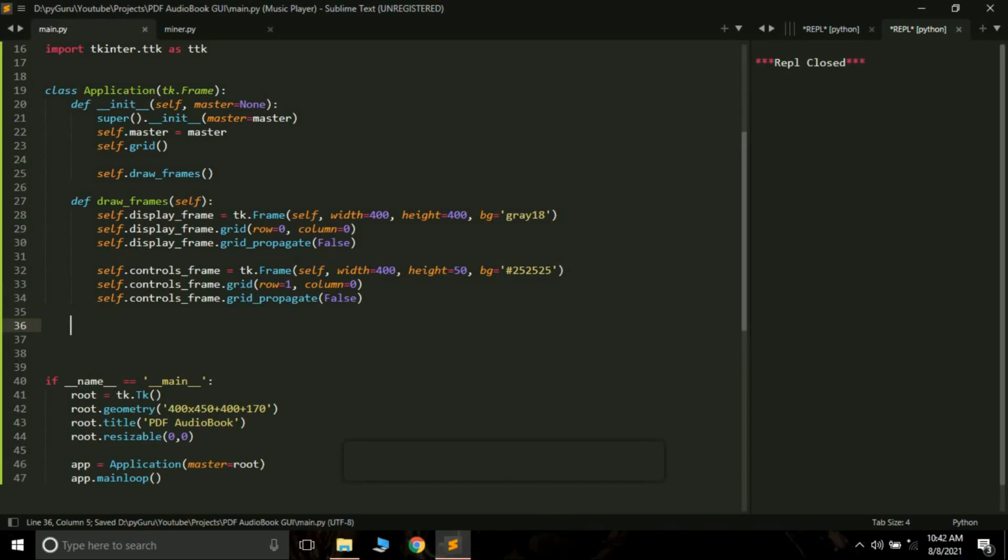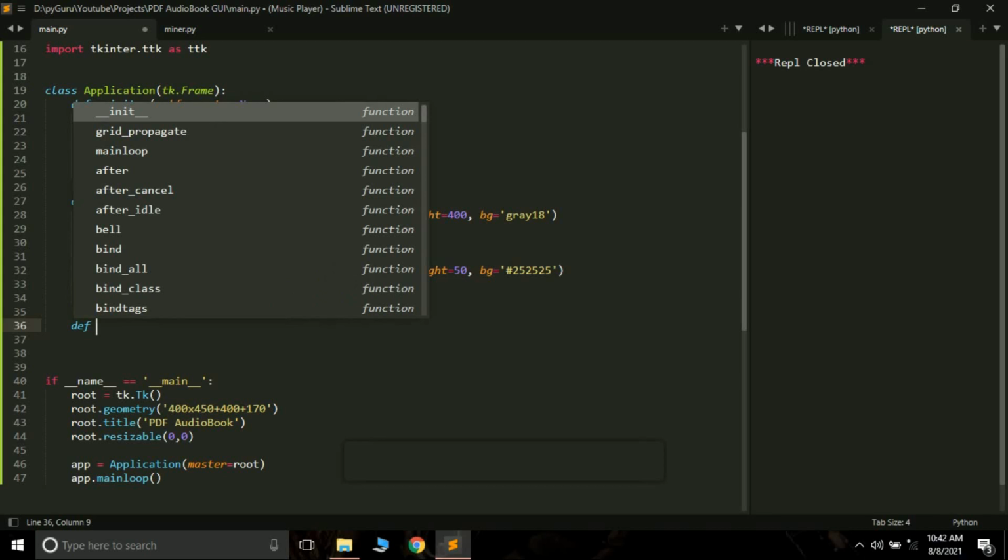Now the next thing that we want to create is the display frame widgets. Okay, so in our display frame, if you have noticed, we had two things. The first one was where the page was being displayed. Then there was a scroller on the x-axis and the scroller on the y-axis. Using that, we were able to move the two different parts of the frame or the page. Okay, so we are going to create these three things. The first one will be the canvas, then the scroll Y and the scroll X.